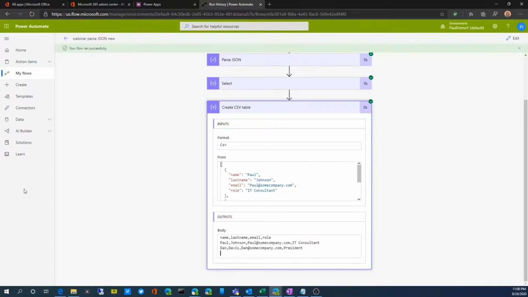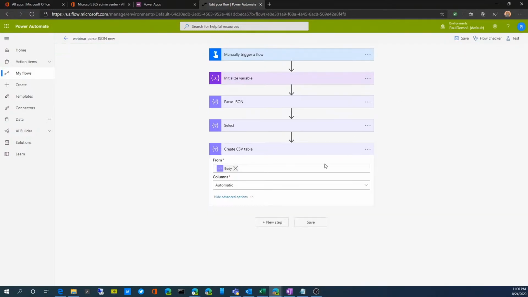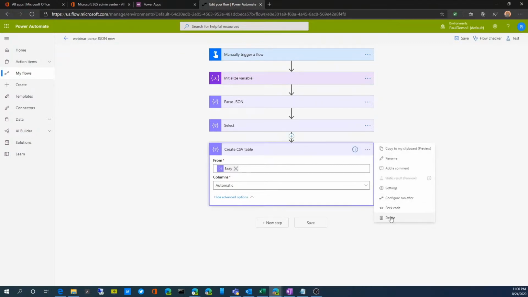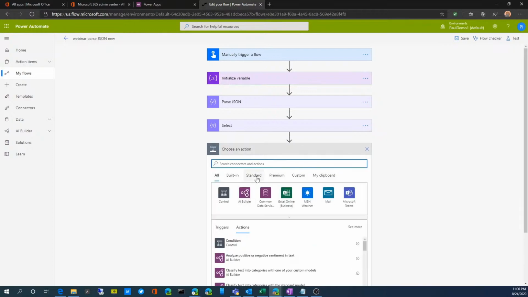We'll do something similar with exporting to HTML. So let's just remove this step. We'll delete that. We'll add a new step and we'll add the